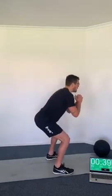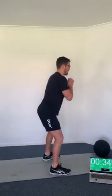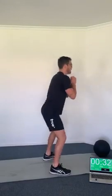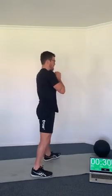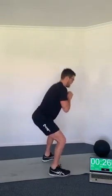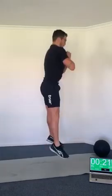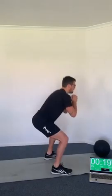So the fourth exercise is a squat into a squat jump. So 1 rep of each, and try and keep moving between each. So obviously the squat, try and go for a little bit of depth. Get the knees tracking over the feet. And with the squat jump, you don't have to go too deep. Just try and get that little bit of a counter movement, and then fire straight up and make sure you